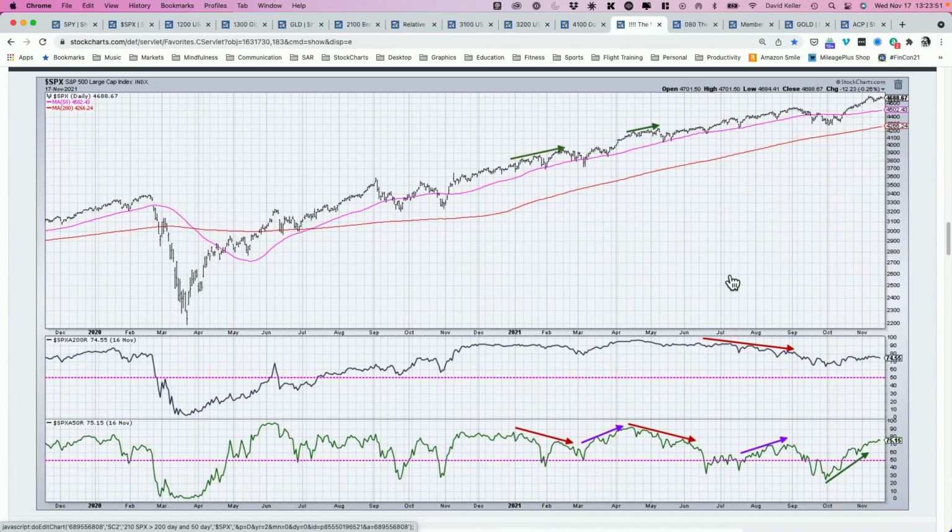The second one is looking at stocks above their moving averages, and currently it's around 75% of S&P members above their 200-day moving average. So 3 out of 4 S&P stocks are in an uptrend using that 200-day as the main gauge. Above the 50-day, it's 75%. And I think what's interesting right now is at the end of September, only 25% of the S&P members were above their 50-day moving average. So literally half of the S&P 500 members